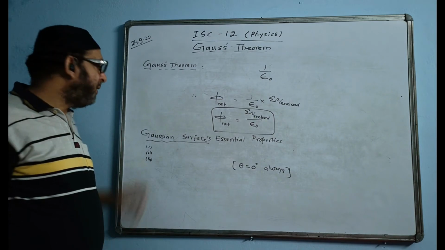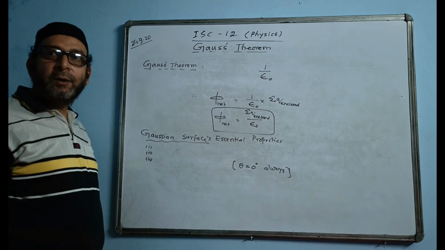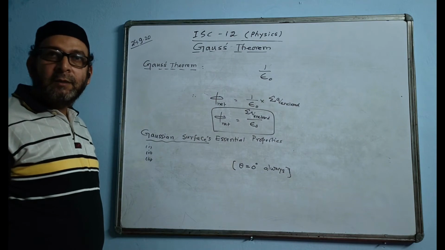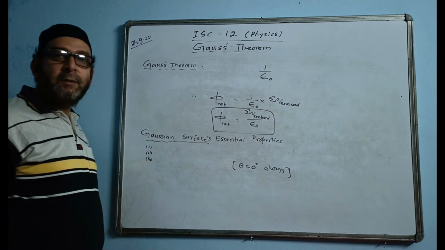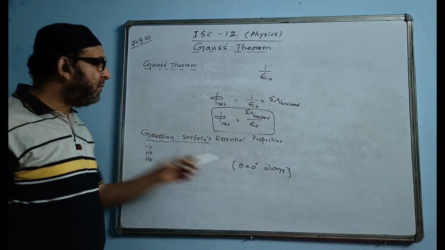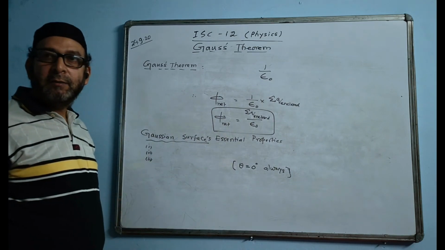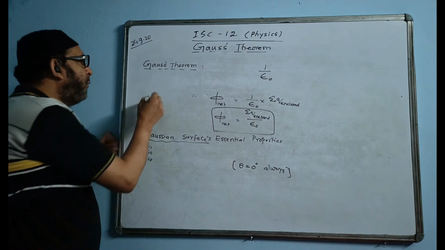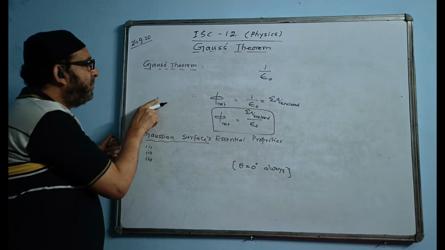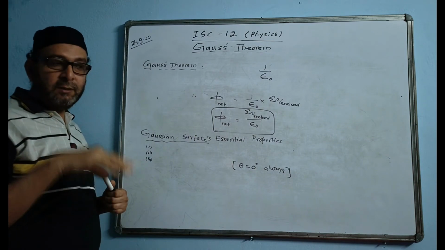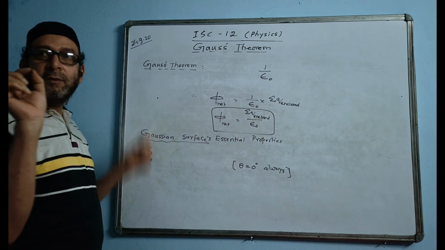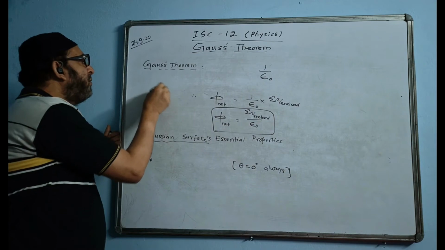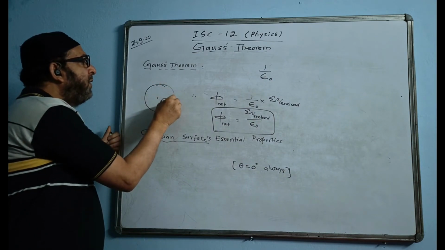If a question is given, mention one essential property of a Gaussian surface, you can mention any one of the three. But my suggestion is to mention the last one, which is the better one. For a Gaussian surface, the value of theta will always be 0 degree, and it is symmetrical to the shape of the charges. If a charge is a point, it is like a circle, no, a sphere in 3 dimensions. A closed figure means it is 3 dimensional. So the point is like a small sphere, a sphere of 0 radius. So for this the Gaussian surface will be a sphere passing through the point where you are finding the electric field.